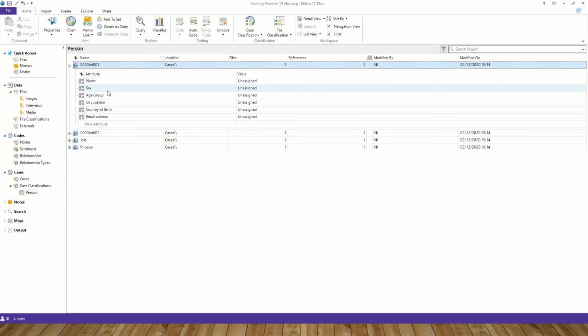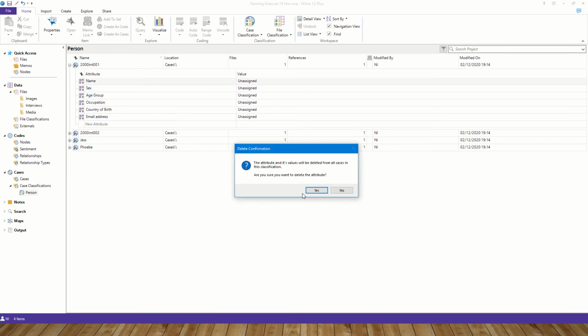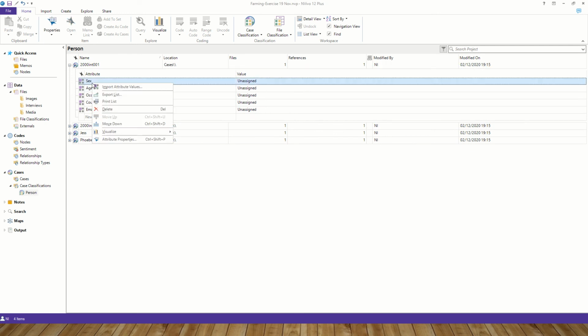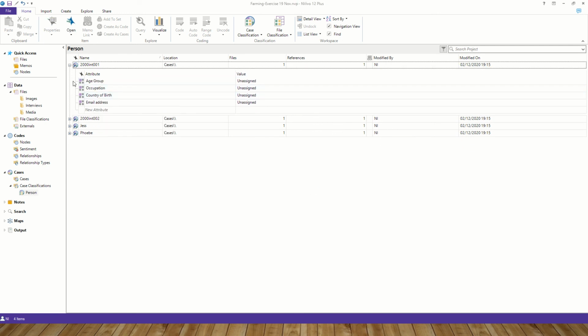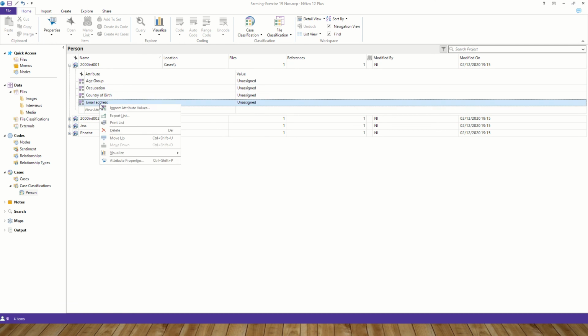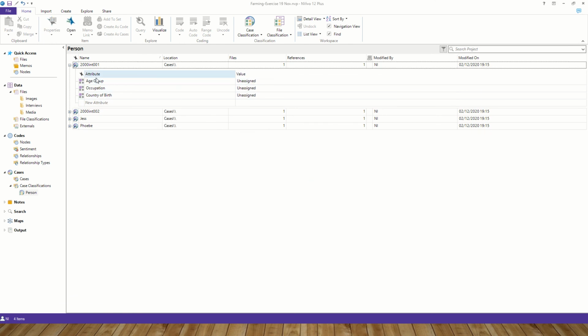And because each one is going to be like a drop-down menu, I'm going to fill the drop-down menu from this point. So first of all, I don't need name. Sex also is not part of my work, so it won't answer my research question. And email address as well is not part of my research. So I'm going to keep the age group, occupation, country of birth,